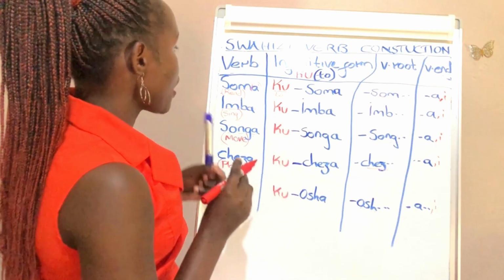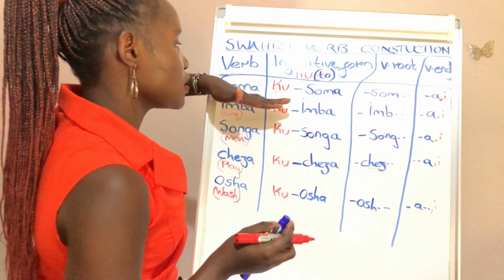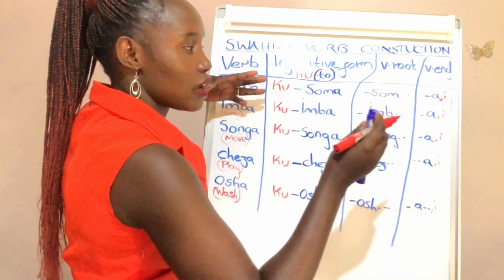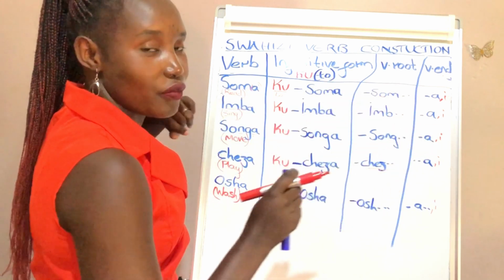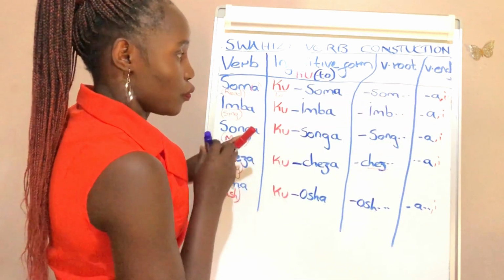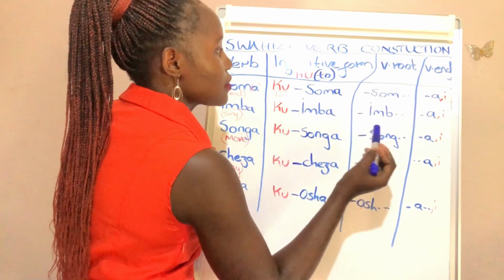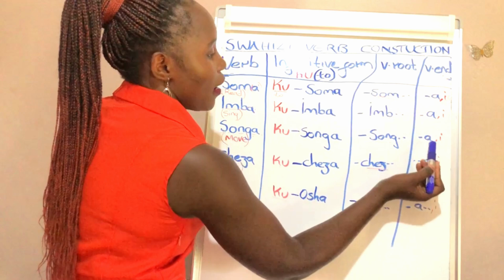And today we are mainly focusing on the positive verbs. So the negative ones, we shall focus on them in the coming videos. I hope you understand this today. So most of the positive verb ends, they are